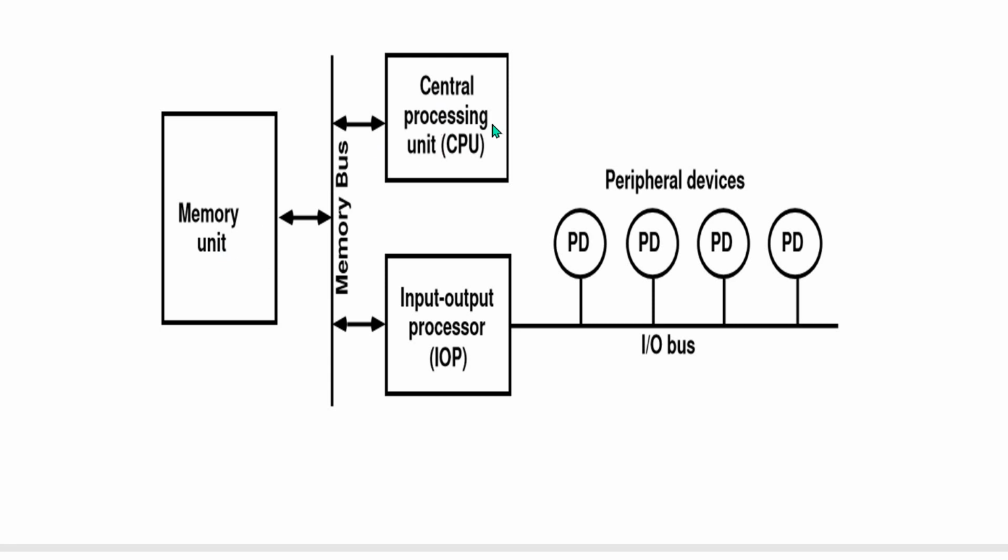the central processing unit initially sends one instruction to the input-output processor. That instruction is to read the status of the input-output processor. So the input-output processor reads the status of the peripheral devices and also the IOP processor. What is the status? That status consists of whether the peripheral device is ready to transfer or not, or whether the peripheral device is busy with some other work, and these are the status conditions read by the input-output processor.